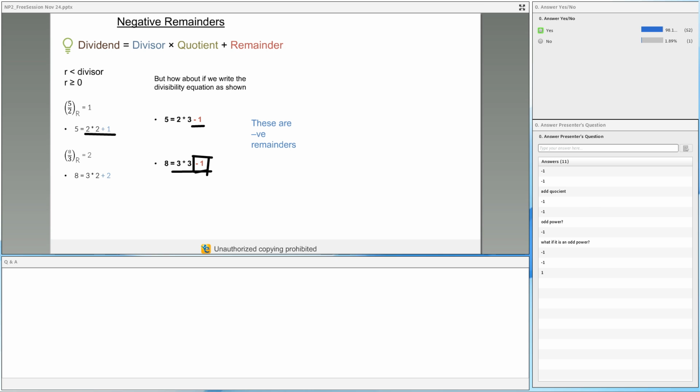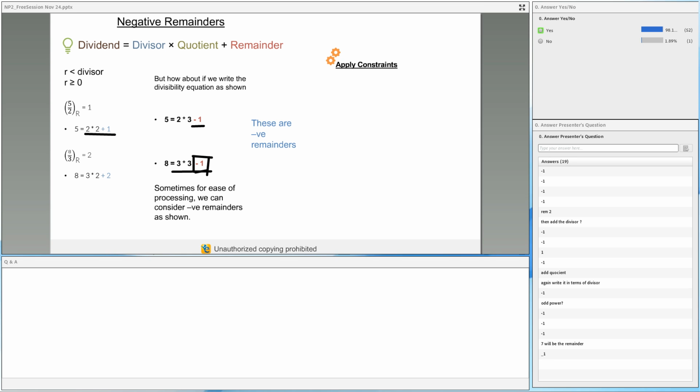Minus 1, right? And I did tell you that GMAT does not test you on negative remainder. So how should I convert it back to a positive remainder? That is why I have discussed what you should do when you want to convert the negative remainder back to a positive remainder. If you want to convert a negative remainder back to the positive remainder, you don't need to add the quotient, you add the divisor. Let me show it to you using this.